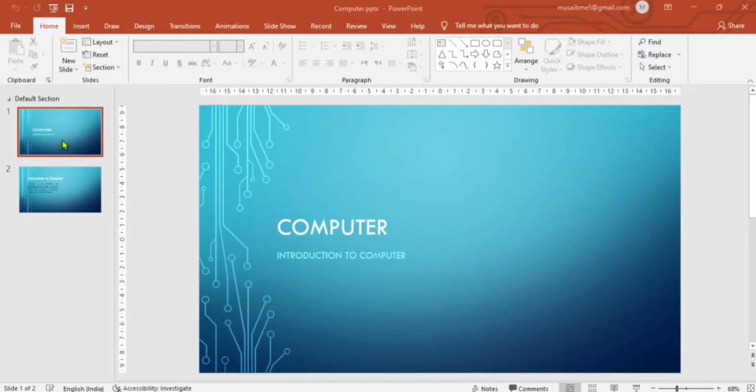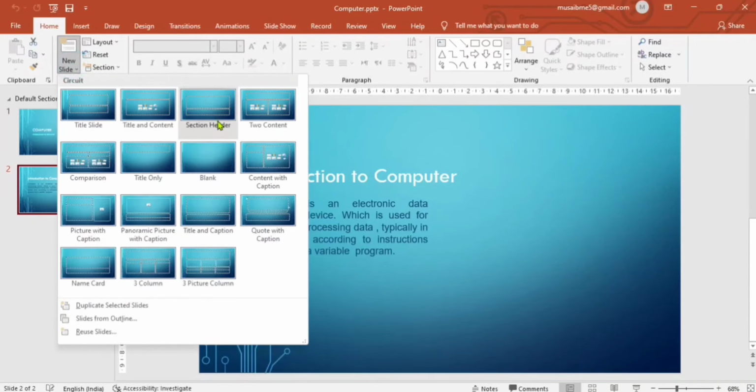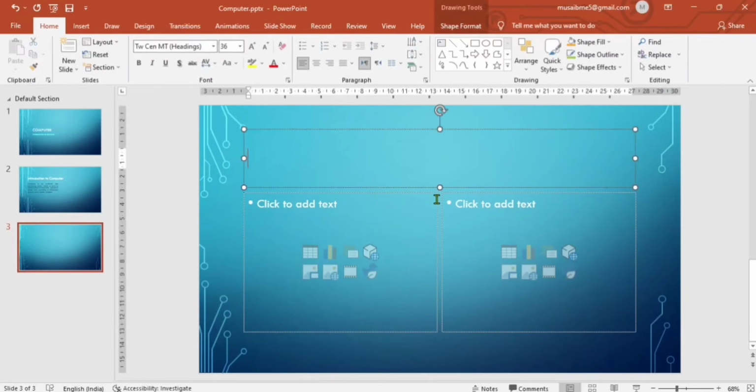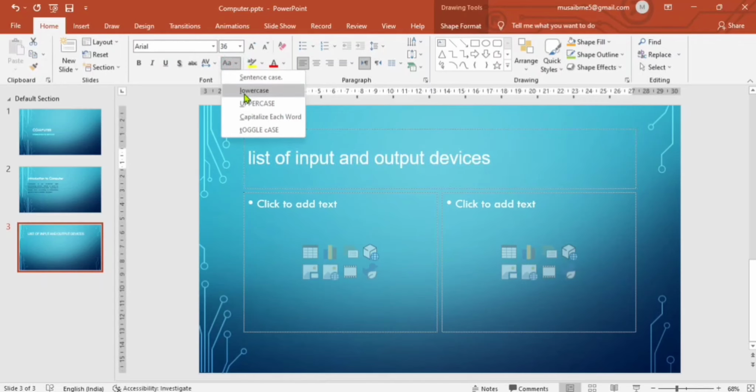For that we already have two slides in our presentation, and we will make a new slide with two content. For example, we have made this list of input and output devices. First of all, let us change its font style to Arial, and by this command we can